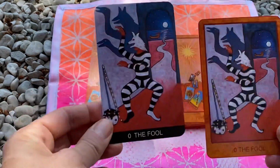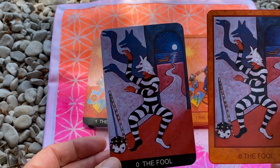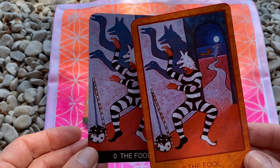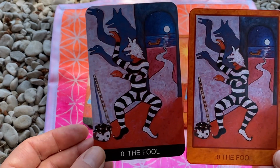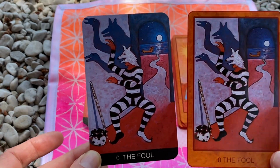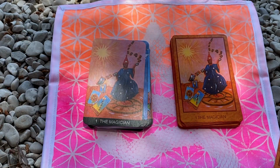But that's basically it. The colors are very similar, and you can see the image is a little bit bigger than on the old one. Just if we compare the shadow or the full. And it seems now when I look at it that maybe the old one is a little bit brighter here in the white in the background, but they're really minor details, okay? So this would be